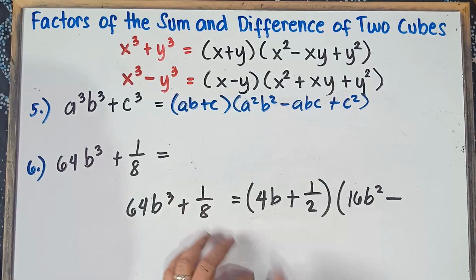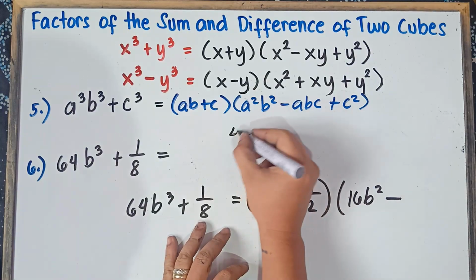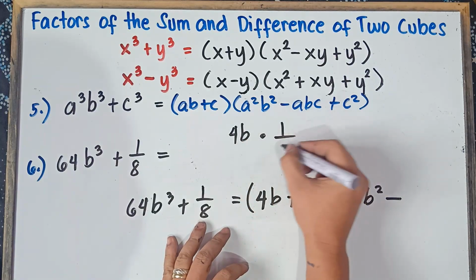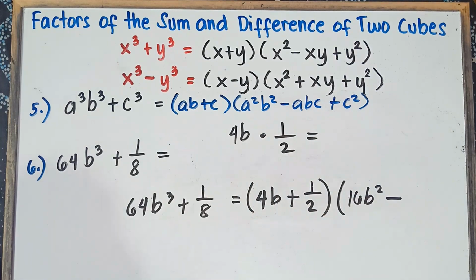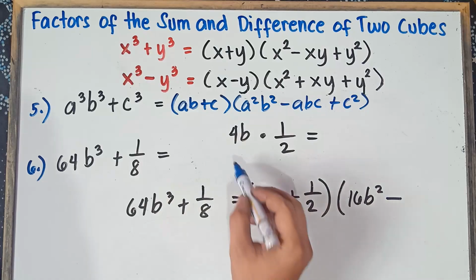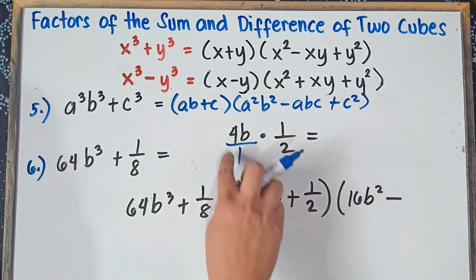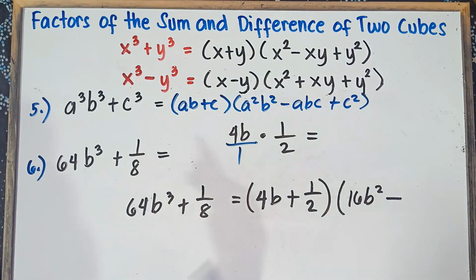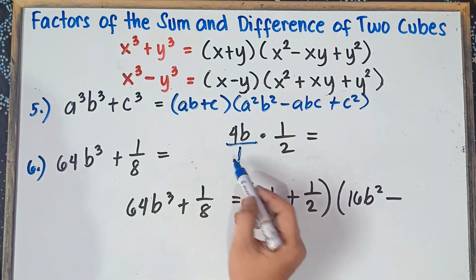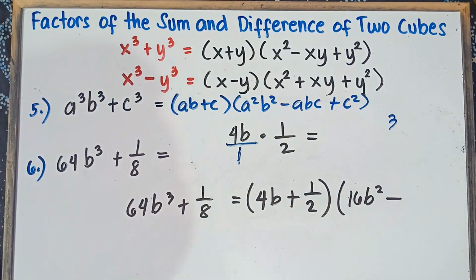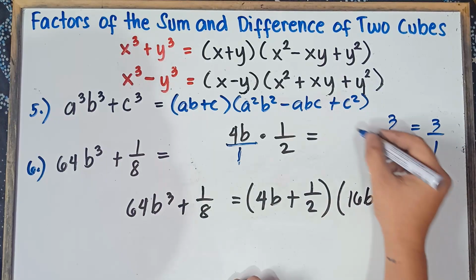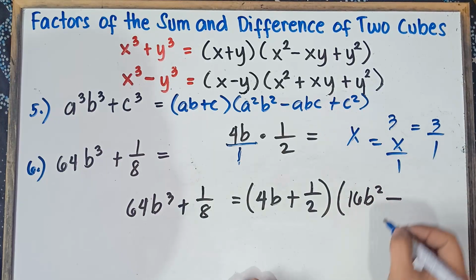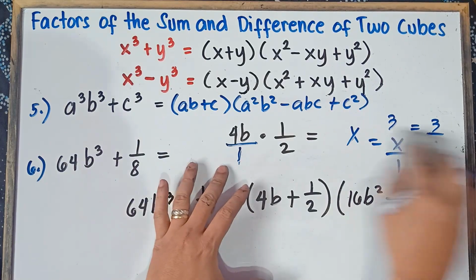So next up, you multiply the first term by the second term, 4b multiplied by 1/2. So once again, class, understand that for any numerator, there is a denominator of 1. So we can put over 1 there, that's okay. Any number, any variable, any expression, if you didn't see any denominator, understand, class, that there's 1 there. For example, 3 is just the same as 3 over 1. x is just the same as x over 1. So you can put over 1 there, class, that's okay.